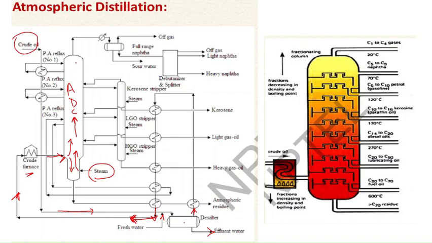It goes up, and the lighter cuts, which are the non-condensable gases, go from this upper portion, and further it gets separated here. It gets condensed here, and this lighter portion, these are the lighter cuts. Mainly this is the gaseous portion, which has the lowest boiling point. So it goes up into this stripper.